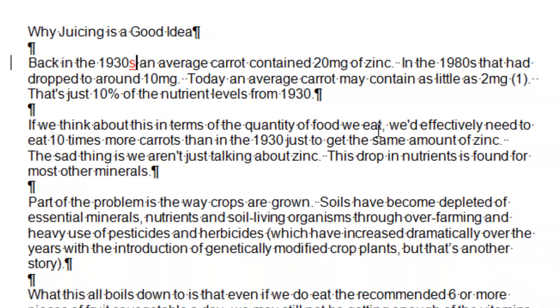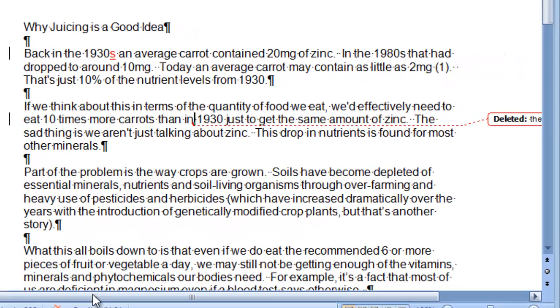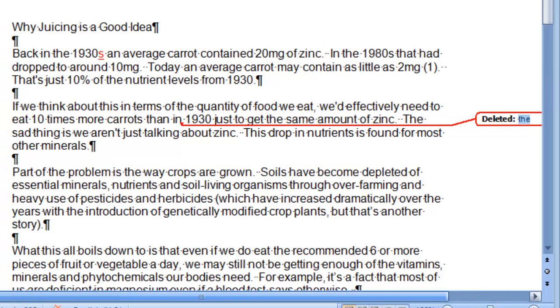we've got another mistake here. "We'd effectively need to eat 10 times more carrots than in the 1930 just to", well, I want to get rid of that word "the", because what I want it to read is "in 1930". So let me just delete that. And you can see now Word has even given a little bit of extra information there. They've put the word "deleted", which means that something's been deleted, and it's actually told me what the proofreader has deleted. And then when you save this,